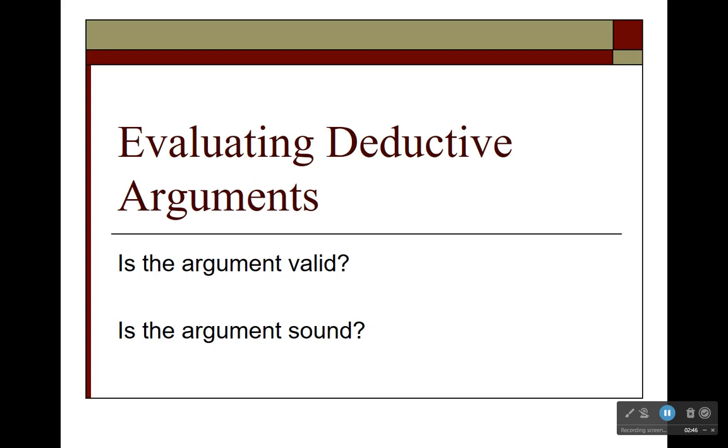Schafer-Landau spends a good bit of time on this distinction in the introduction, and it's a little bit of a subtle distinction. It takes students a certain amount of practice to get the hang of using this distinction between validity on the one hand and soundness on the other. So I'm going to take some time to go through that distinction a little more slowly and carefully here, and give you some more examples to help you learn how to work with it.